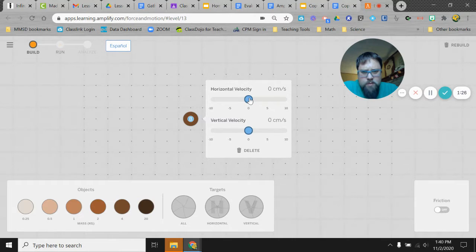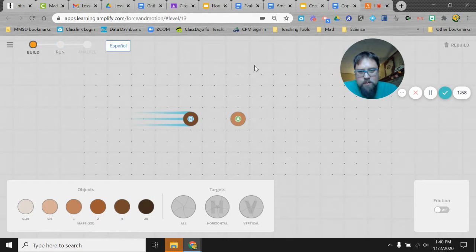Really quick on this, when you change the velocity, you have to do the direction. So if you go over this way, it's going to make the object move left on your page. If you go over this way, it's going to be right. And then you can also do up and down. Since I would like to get object B to hit object A and cause it to start moving, I'm going to send it towards that direction with a velocity of 5 centimeters per second. I'm going to click on run,